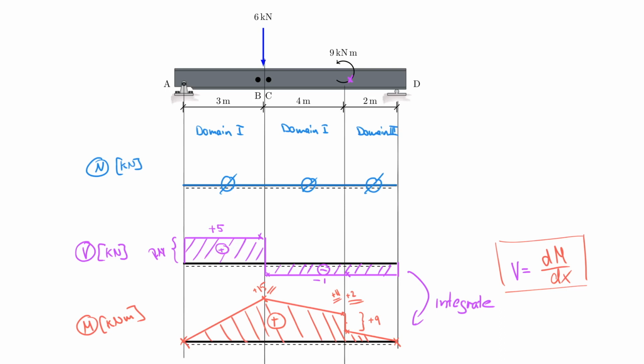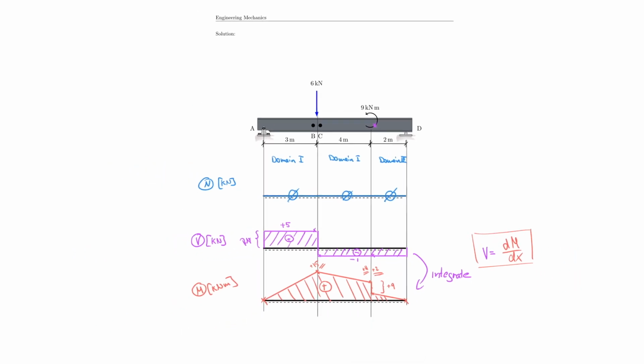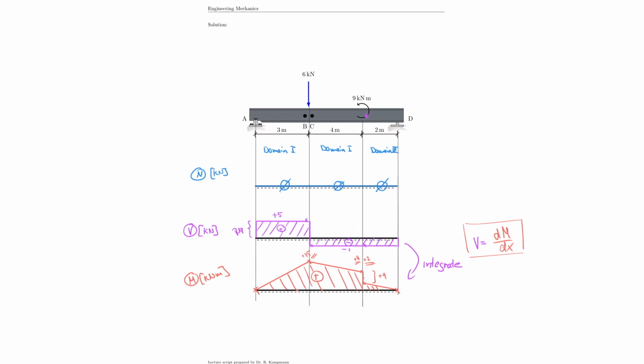But this now completes our entire diagram, and we of course understand the general relationship here. For example, the maximum moment is located where the shear force passes through 0. We have the connection of the slope to the shear force magnitude here, and therefore we applied our knowledge one more time. And I think that concludes our lecture, and we can now move on to the final page and